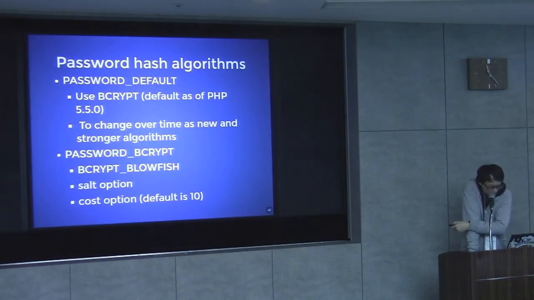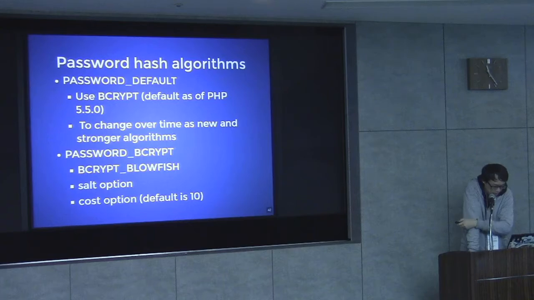So password default uses bcrypt. And if you use PHP 7 or PHP 8, it will change the algorithm, because PHP will choose the strongest algorithm in your PHP environment. And if you don't want to use password default to let PHP choose the best hash algorithm, you can